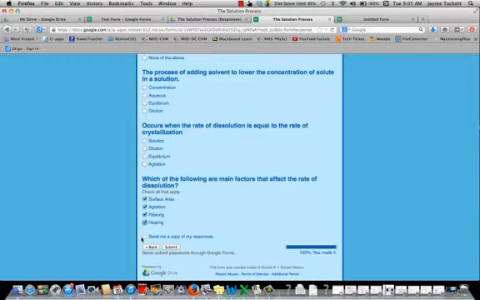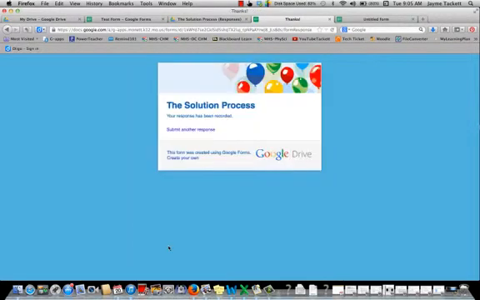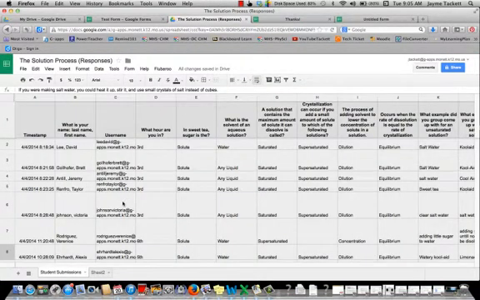And some of my students who are really on top of things always do this. Other students never do this, but it's honestly their choice. And then they just hit submit, and all of the answers come right to me. And so my answers come, and they look like an Excel sheet, and you can see that it timestamps the